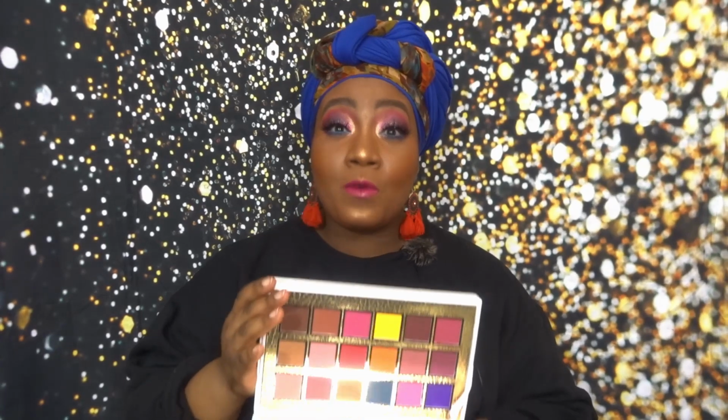No more Revolution Beauty, and just that quality matters, because the formula in this palette, literally, it melts on the eyes. I mean, the first time I applied it on my eyes, I just could not believe it. I could not believe how it felt. It literally blended itself. It just diffused on my lid. It was just beautiful. The formula of this palette and every one of P. Louise palettes,